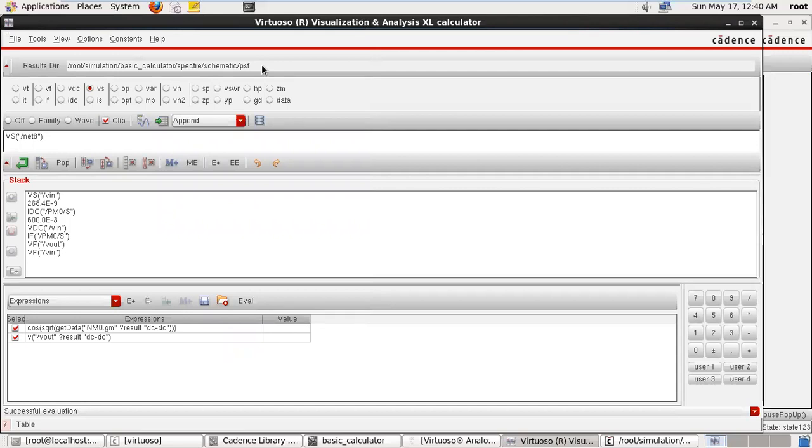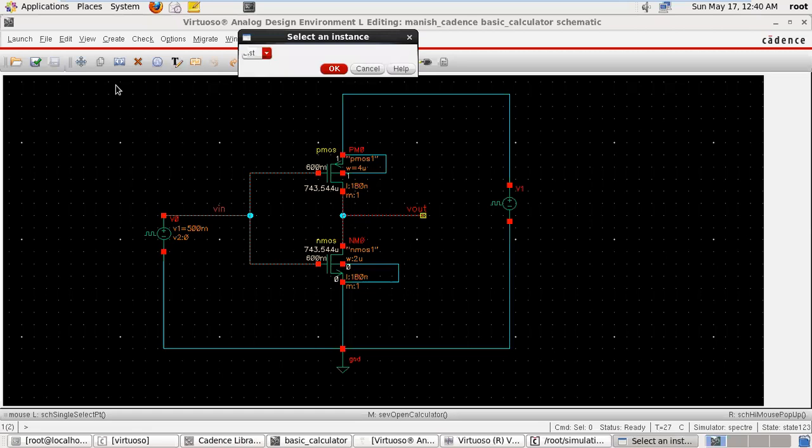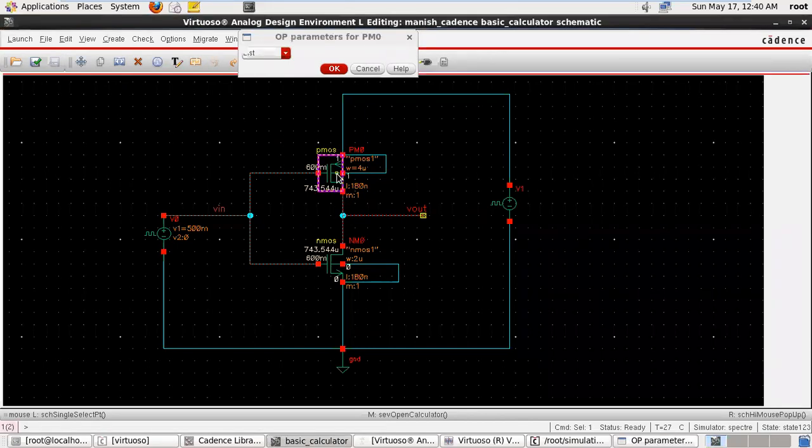Okay, so this is important, this is an operating point analysis. OP and OPT, if you want to find out the operating point value, just click here. Select the component. Suppose we want to analyze any DC value of this transistor PM0. So click here.